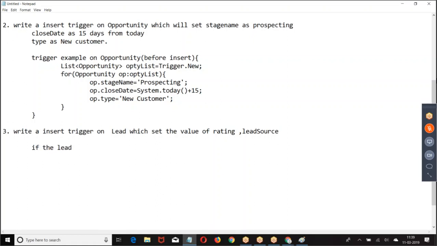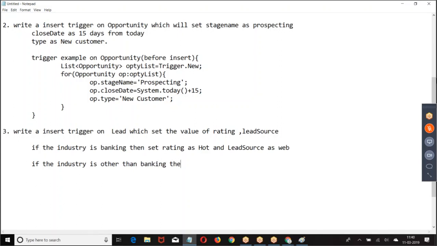If the industry is banking, create this example.